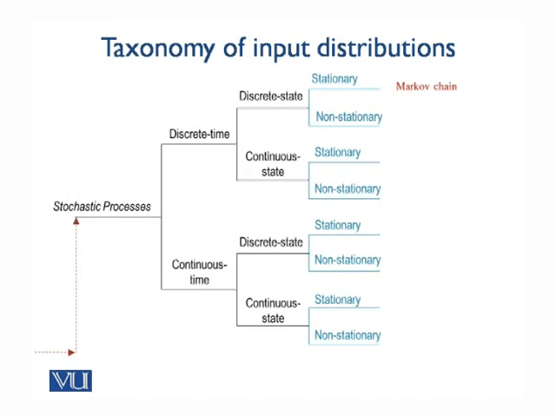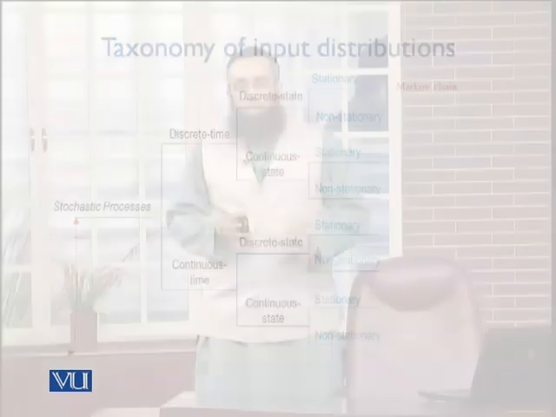For continuous time stochastic processes, we can also divide them into discrete state and continuous state, and furthermore, they may be classified into stationary and non-stationary. Some examples are relevant here. So I've talked of Markov chains. When we talk of discrete time continuous state stochastic processes, there are many models that are developed in a subject